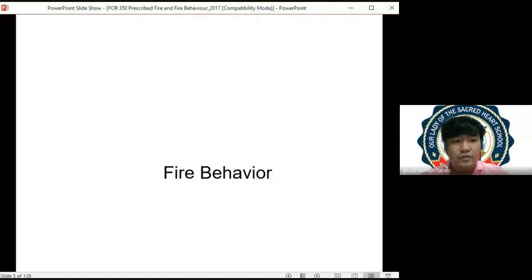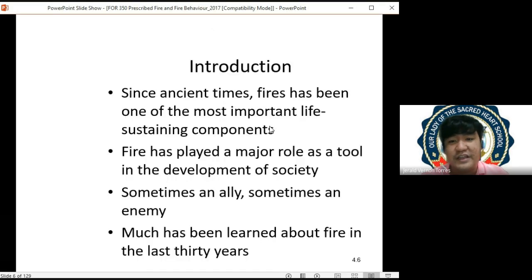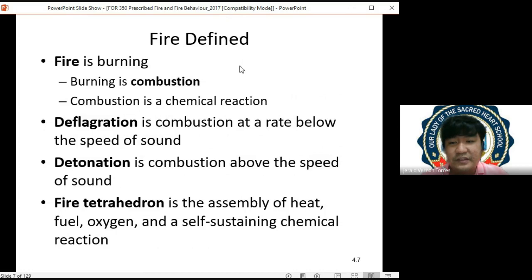So, since we are going to talk about fire, allogenic and anthropogenic fire, the first thing that we need to understand is what fire is and what the behavior of fire is. So remember, class, fire is very important. It's important, but it can also be dangerous because it can impose a hazard to the exposure.